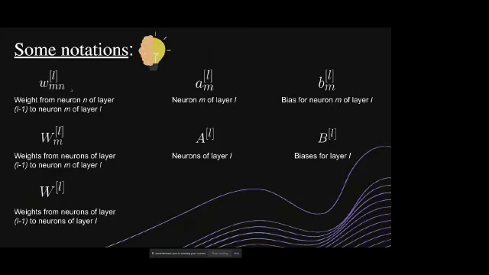So let's come on to the first notation here. Like I said, the superscript is always the current layer we are talking about. Now this W subscript MN, what is this? This would be the weight from neuron N of layer L minus 1 to the neuron M of layer L. Now I'll be explaining this with the help of a diagram in the next slide. I just wanted you to have a look at this and note this down in your notebook.